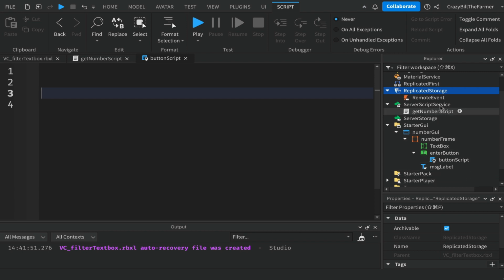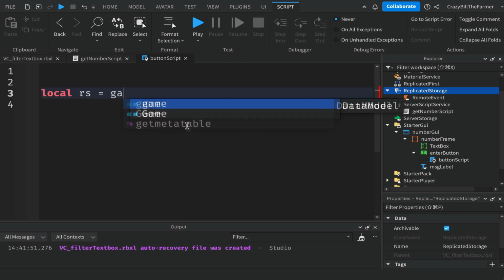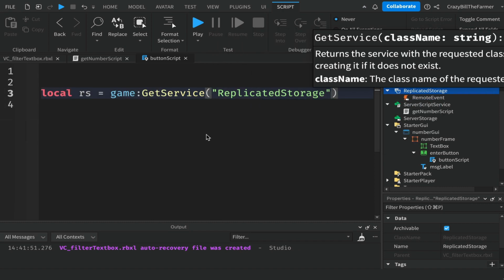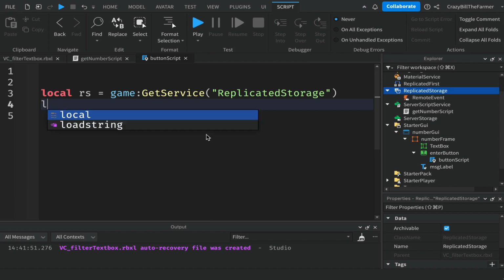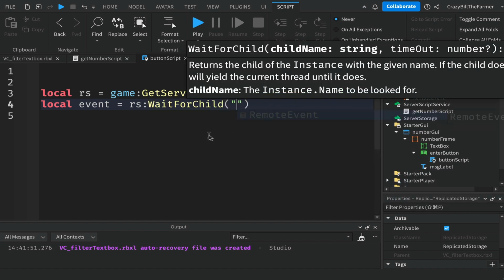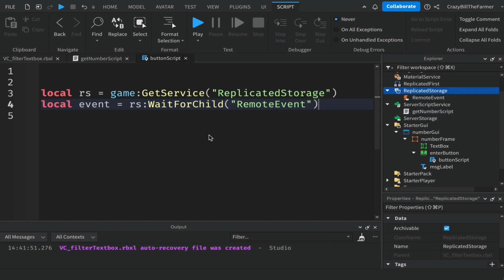And the first thing we want to do is get a hold of this remote event. So we'll say local rs for ReplicatedStorage equals game:GetService("ReplicatedStorage"), and that will get our folder, and then local event, so the remote event inside, will be rs:WaitForChild, set of inverted commas, and the remote event should appear. So you can just go ahead and hit enter. Then right below this we'll create a variable for the button itself. So button equals script.Parent,